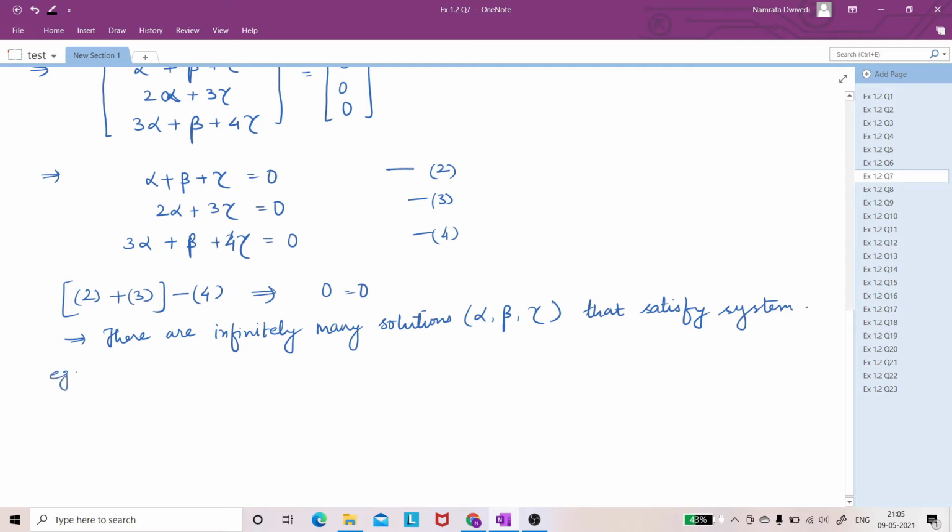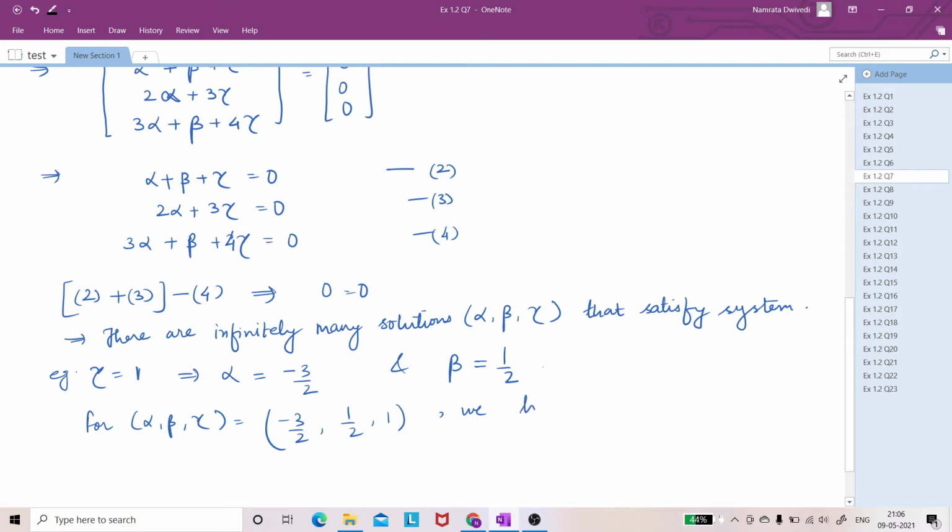So let's take an example. Let's take gamma equal to 1. From equation 3, alpha will be equal to minus 3 by 2, and beta, you can calculate this, will be equal to half. So for alpha, beta, gamma equals minus 3 by 2, half, 1, we have,